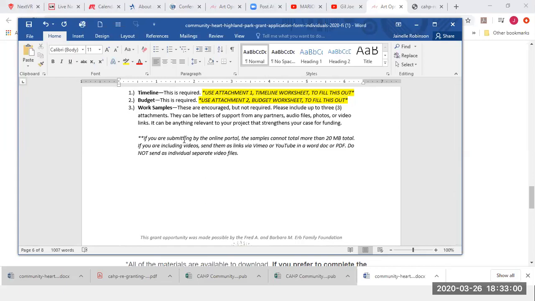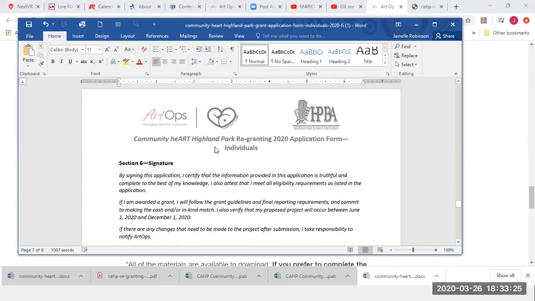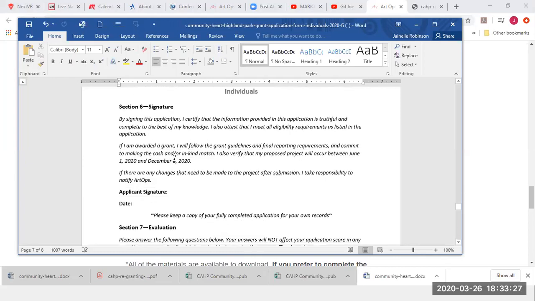So if there's something new you've never done, or like myself, I'm a painter, and maybe I decide to get up there and start dancing or something, I won't have a work sample of that. So I don't want to limit people. We don't want to limit people. And I, as an artist, want to be encouraged to explore maybe a different discipline or a different technique or project or something.